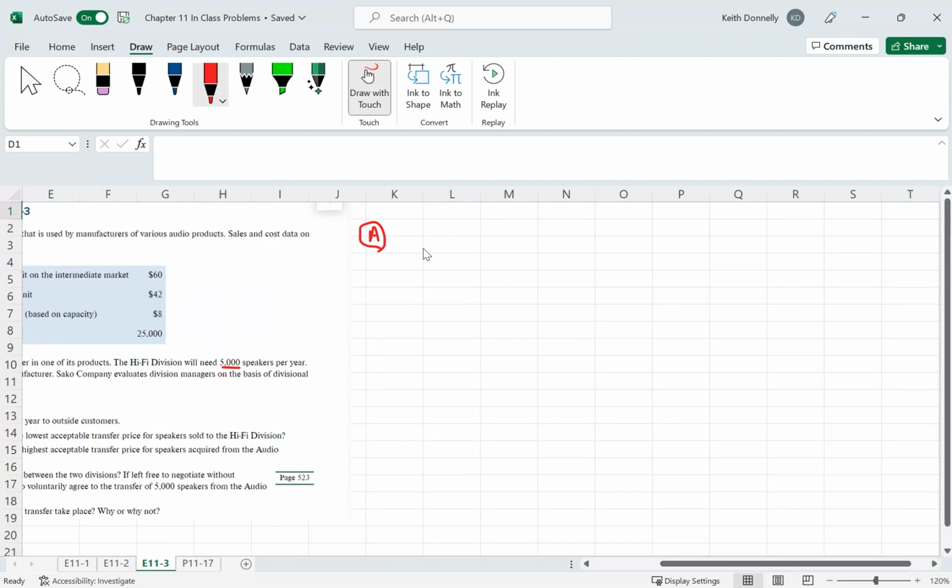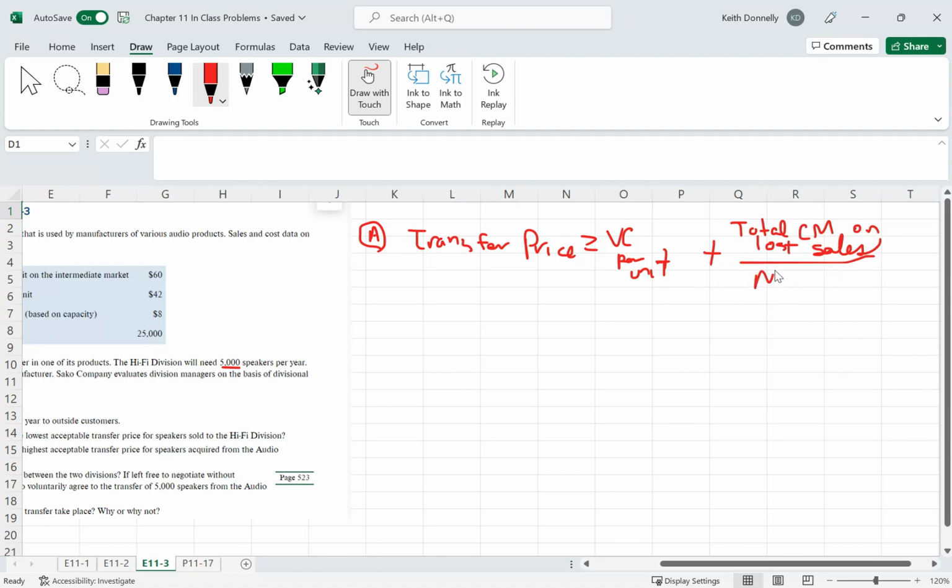what we're going to have here, if you remember from the PowerPoint, is our transfer price in this case is going to be greater than or equal to basically the variable cost per unit plus the total contribution margin on lost sales divided by the number of units transferred. Let me move that